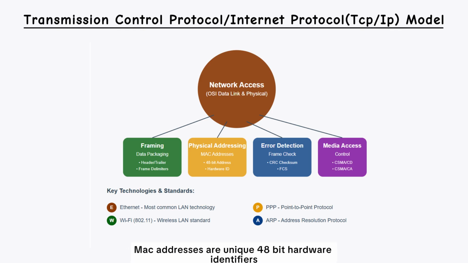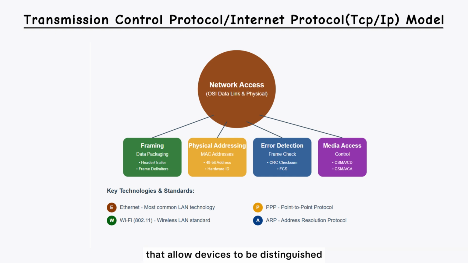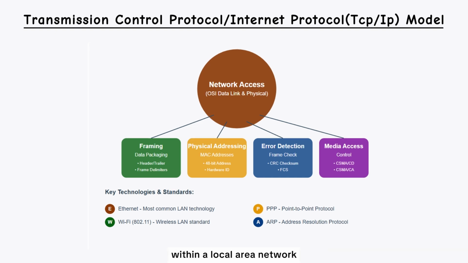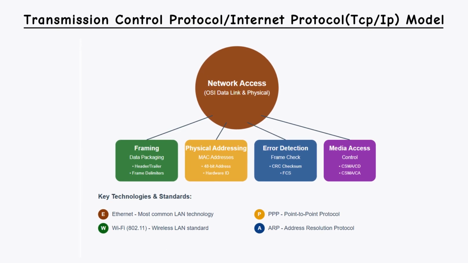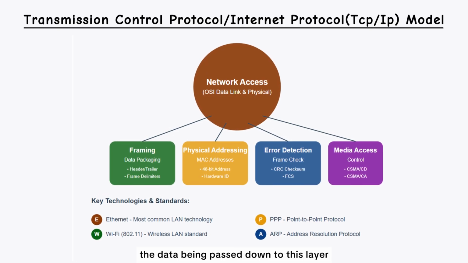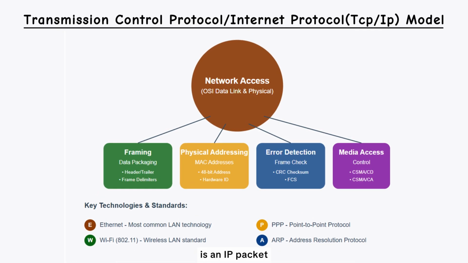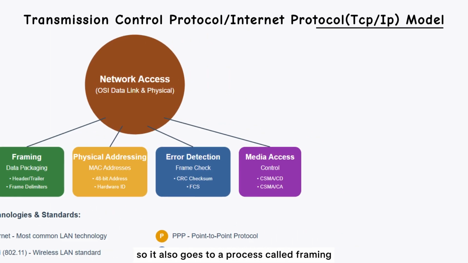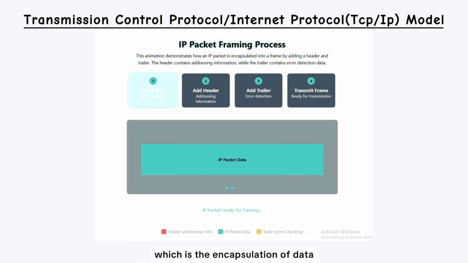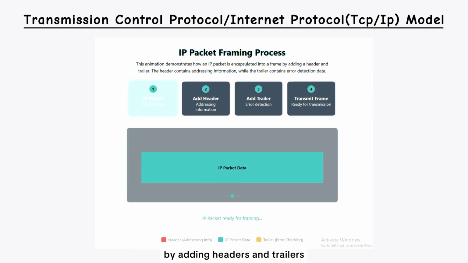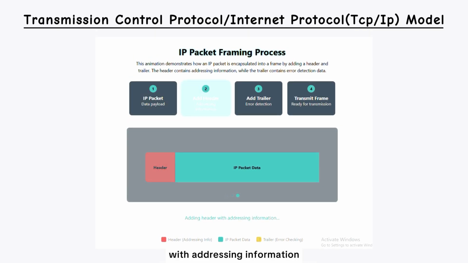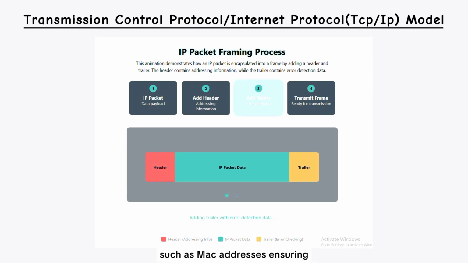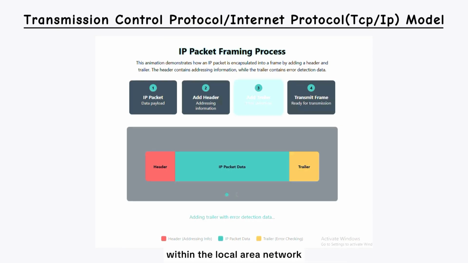MAC addresses are unique 48-bit hardware identifiers that allow devices to be distinguished within a local area network. The data being passed down to this layer is an IP packet, but this layer doesn't deal with logical addressing. So it also goes through a process called framing, which is the encapsulation of data by adding headers and trailers with addressing information such as MAC addresses, ensuring that the data is delivered to the correct device within the local